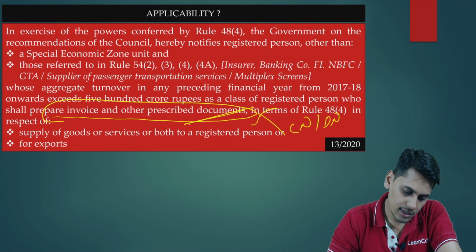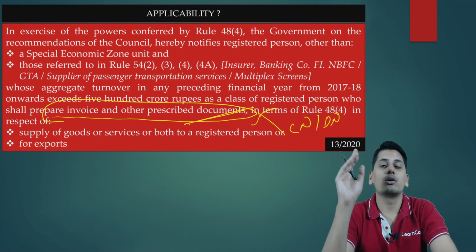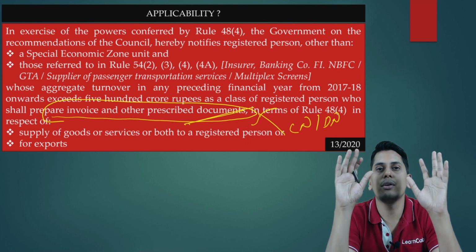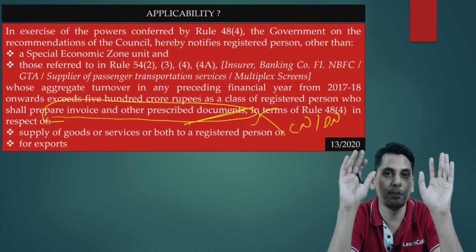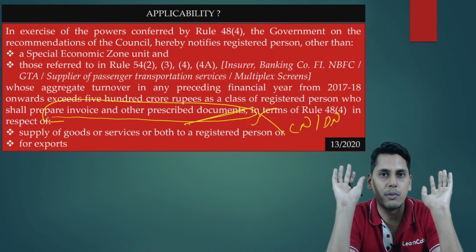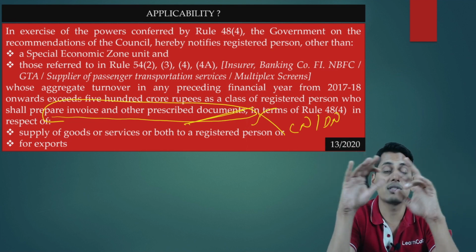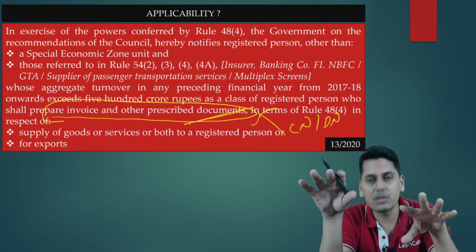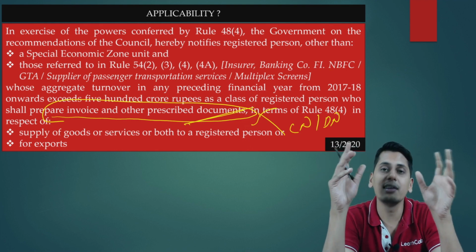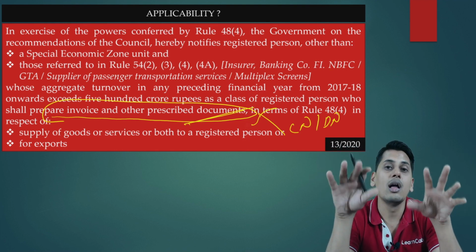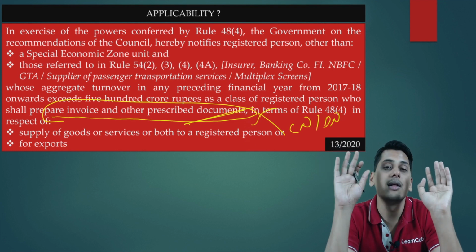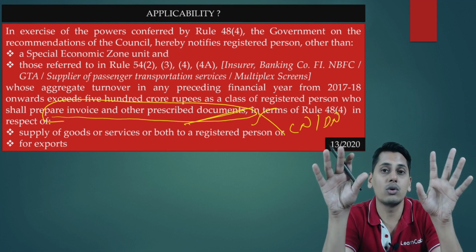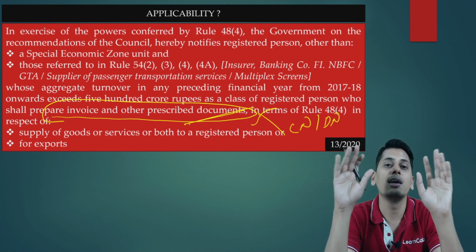So friends, this was all about the discussion about two types of QR codes, and the amendments in the contents of tax invoice. 46 sub rule R, 6th proviso to rule number 46, two different QR codes, both of them mutually exclusive. We have covered them at length. We have also seen there is a provision, rule number 49, containing the contents of bill of supply, although there is no such notification mentioning that bill of supply should also contain a dynamic QR code. However, at the implementation level, the government is implementing it.